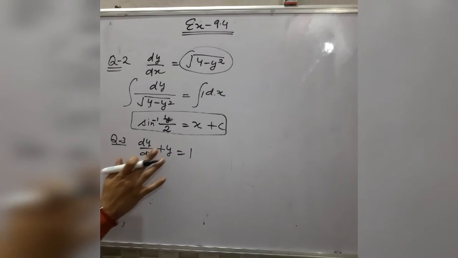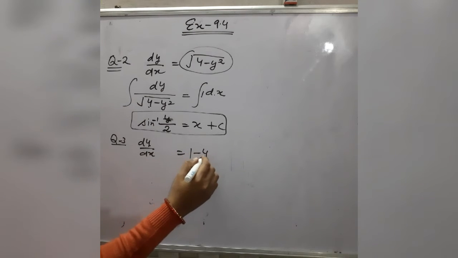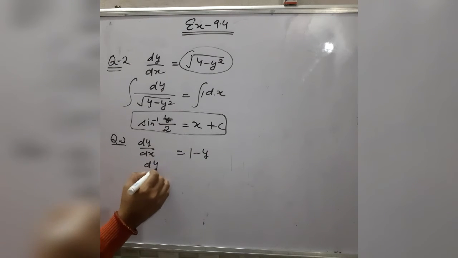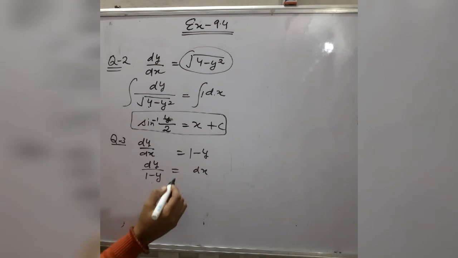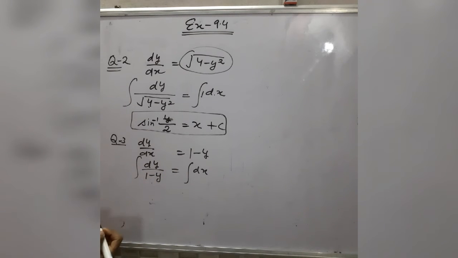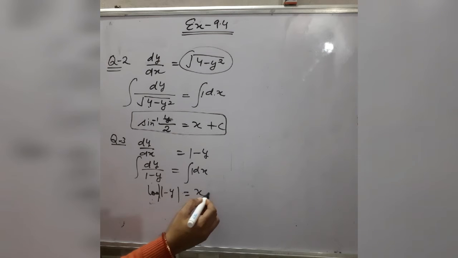So here shift this plus y on this side, it becomes minus y. Now terms containing y variable on one side, dy by (1 minus y) is equal to dx. Now taking integration on both sides, and all of you know that integration of 1 by (1 minus y) is equal to log (1 minus y), is equal to integration of 1, which is x, plus integration constant c. So in this case the solution is log (1 minus y) is equal to x plus c, or sometimes